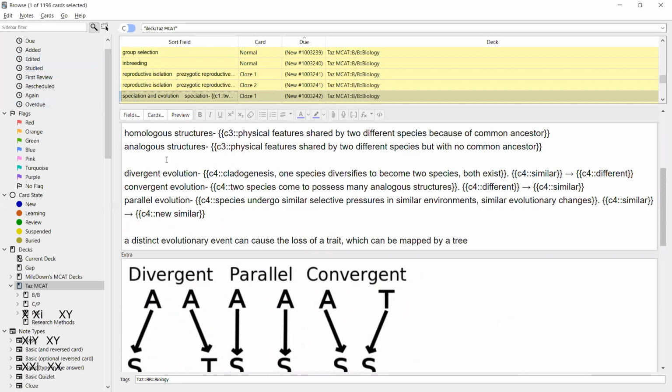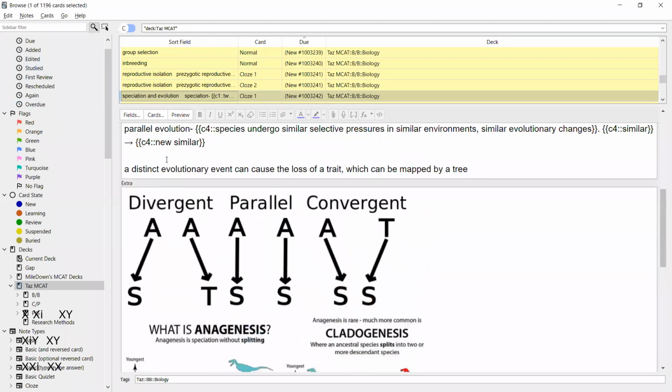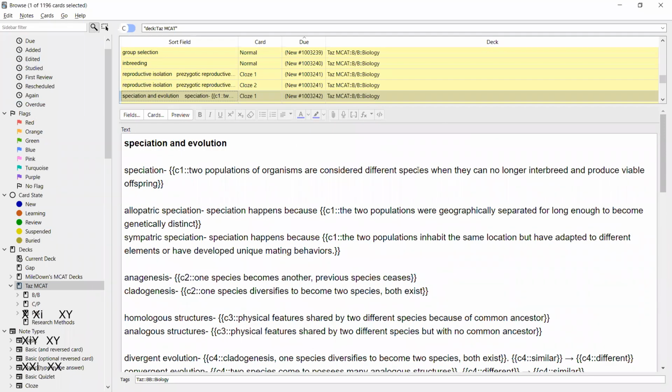Okay, this is a fun one. All right, so this is cool. So now we'll talk about speciation. So speciation,